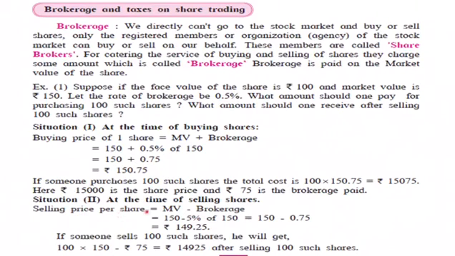Now, in the second case, at the time of selling those shares, selling price per share is market value minus brokerage. Now, observe here it is market value plus brokerage while buying the shares, and while selling, market value minus brokerage. So it is 150 minus 0.5% of 150. So how much does one have to give? 0.75. So it is rupees 149.25. If someone sells 100 shares, he will get 100 into this value. So how much? 14,925 after selling 100 shares.